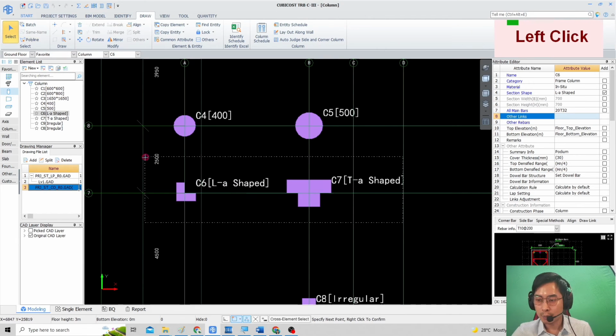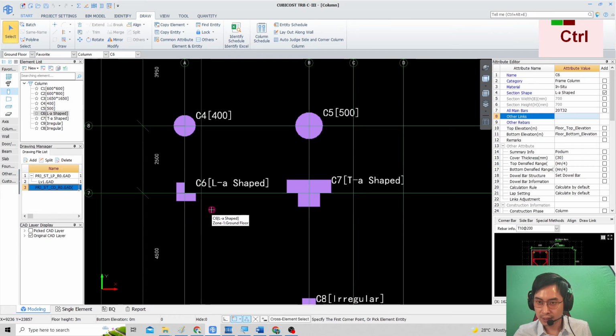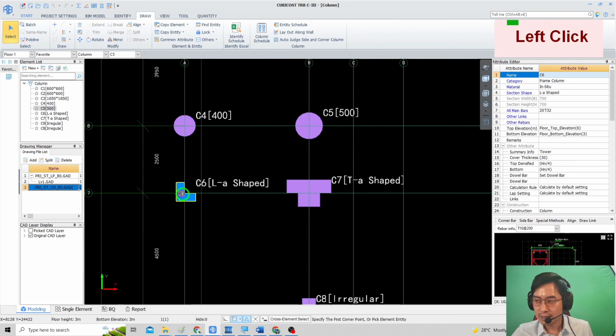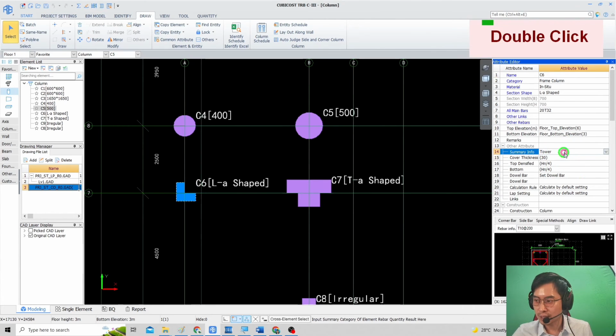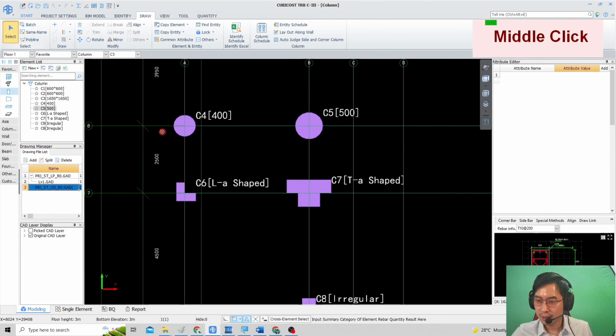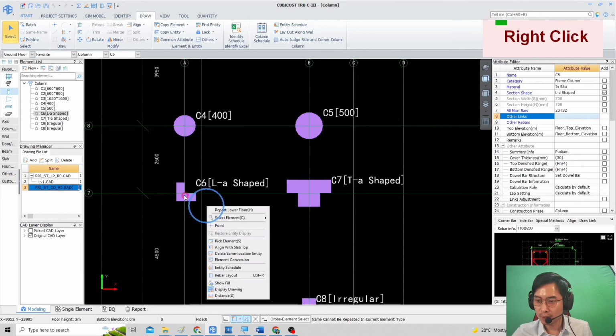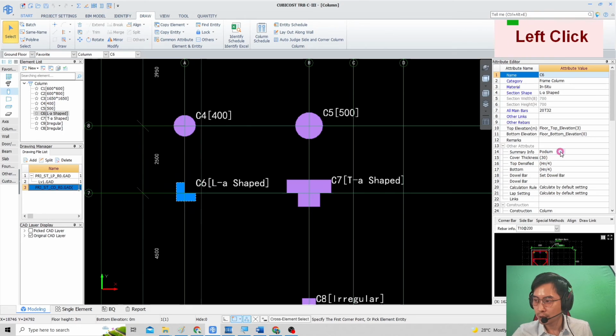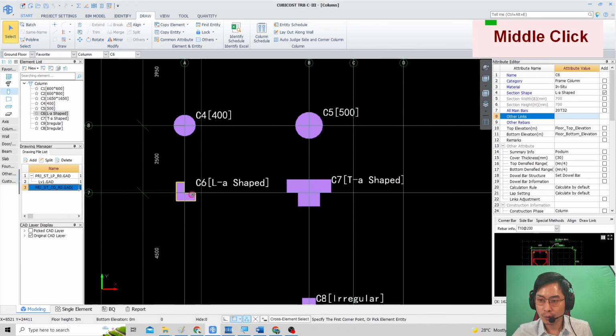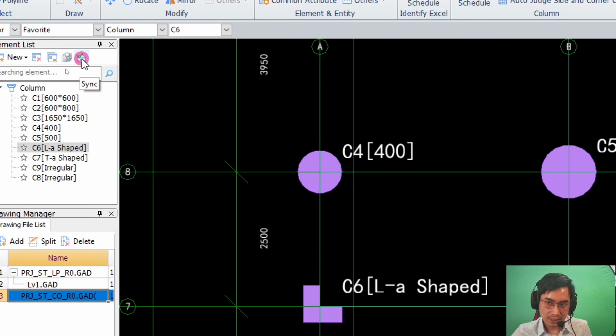In this case, I will not use this function because on the floor above level 6, I had adjusted some of the information such as summary info as tower compared with the floor above, which is podium. I don't want to redo again on the floor above, so I just have to use another function called synchronize. Make sure you click on the C6, select the synchronize features over here,